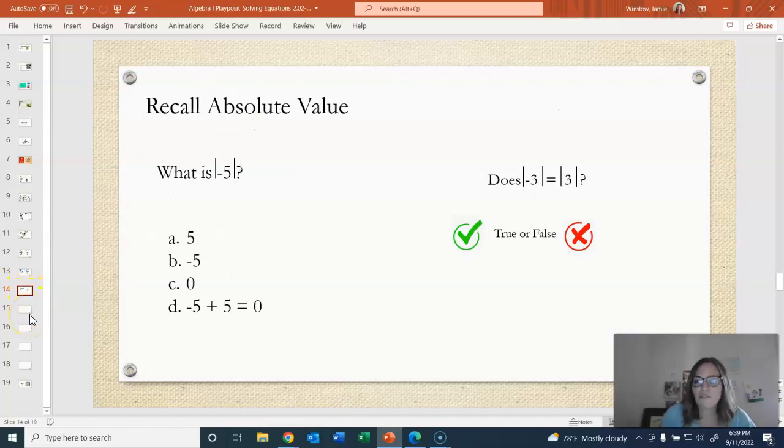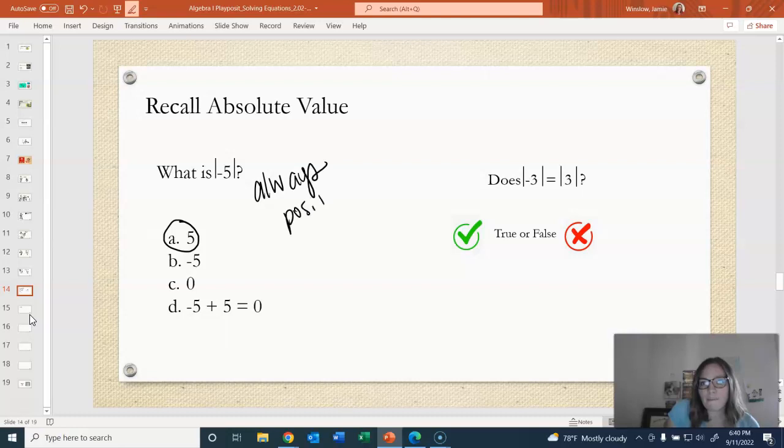All right, now we're moving into something a little different, but the same. Do y'all remember absolute value? So absolute value are these vertical bars here. So let's see if we remember. What is the absolute value of -5? It is 5. So absolute value is always